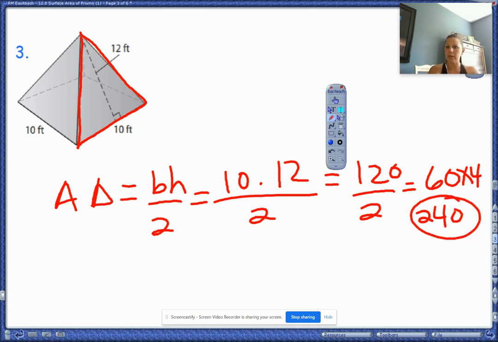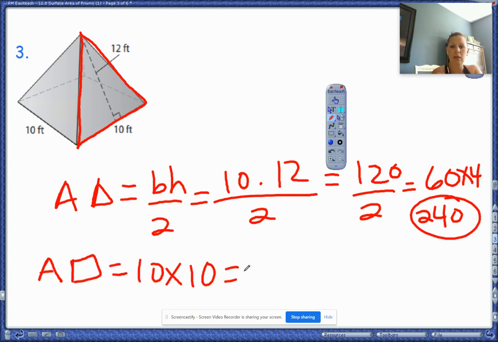And then I have my square on the bottom. So the area of my square is 10 times 10, and that's 100. So 240